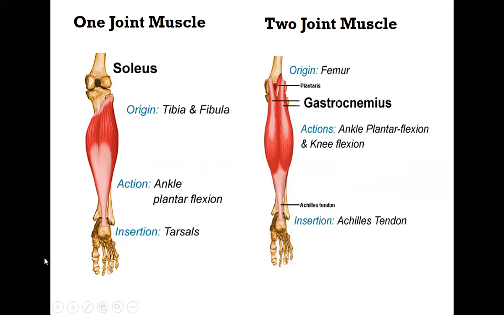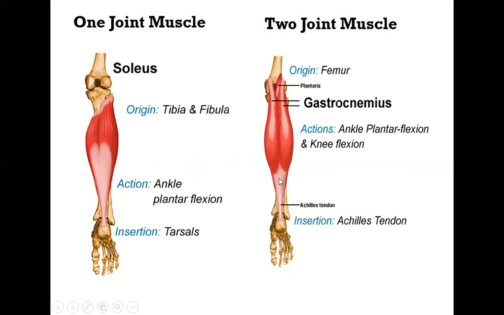That you'll study again later. Here you can see one more muscle in the leg. This is also a muscle of the leg. This is called the gastrocnemius muscle. Origin, again, is from the femur, the bone of the thigh, the lower part of the femur. And the insertion is again to the calcaneus bone, that is the tarsal bone here. Okay, so this is the origin, femur, and this is the insertion to the Achilles tendon.